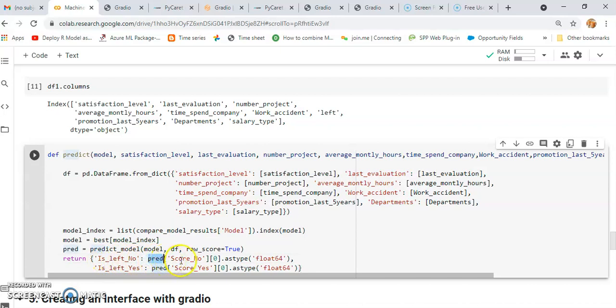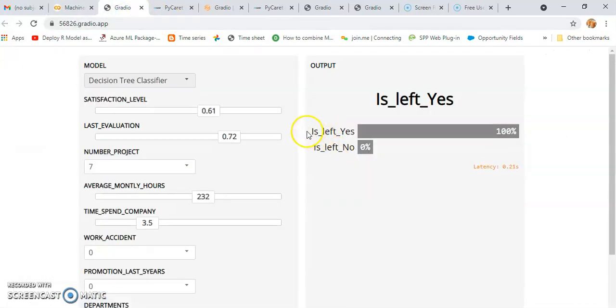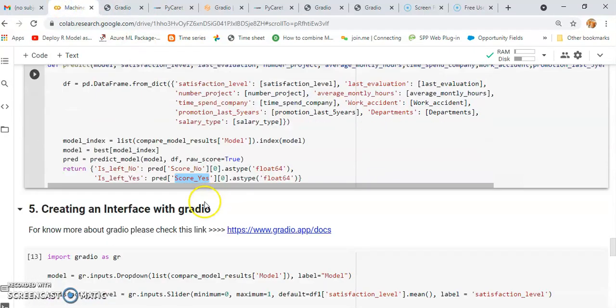Then it will show the prediction score of no as type float. You can give as type integer as well, but in this case it is in probabilities, so it shows in float, as a fraction. Then is_left_yes and the score of yes. So it will show here is left no. So this is a very easy predict function.